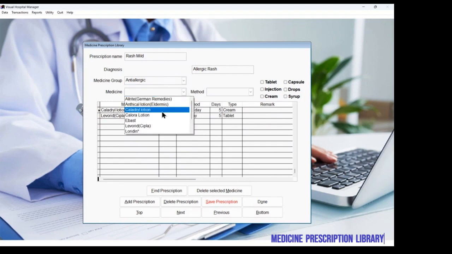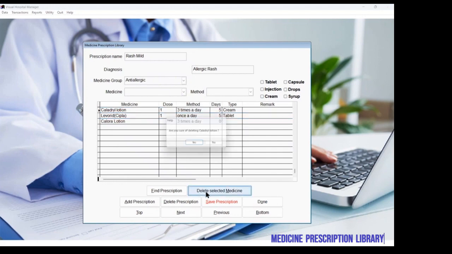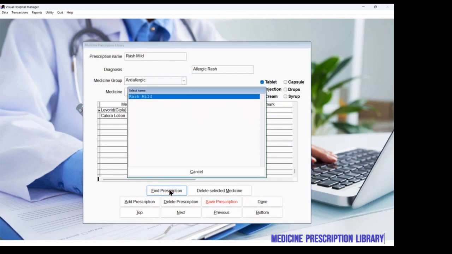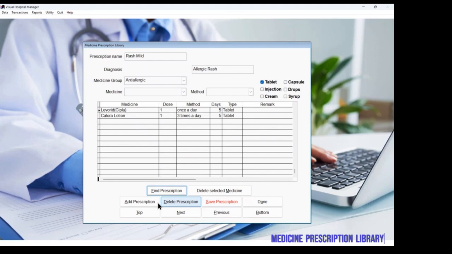Okay. I change the medicine to, let's say, this lotion, and I remove this lotion. So let's say this is basically the prescription for a tablet for a mild rash, and I save it. So basically, if I find this for allergic rashes, I would say rash mild. If I add a prescription, let's say rash severe